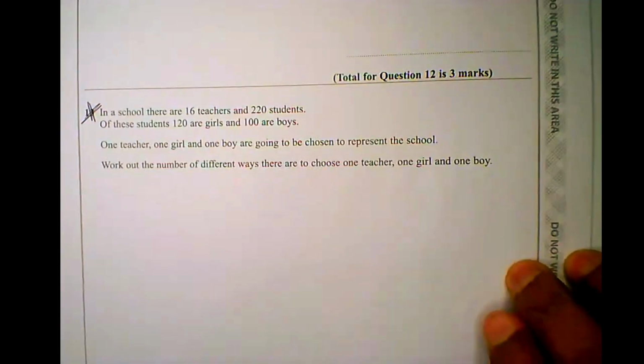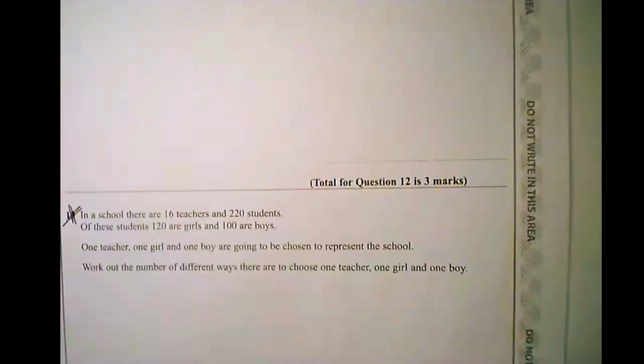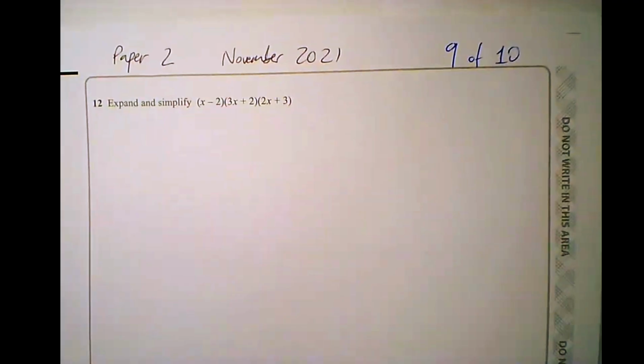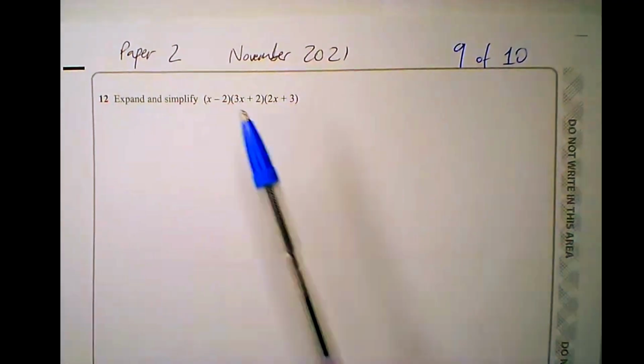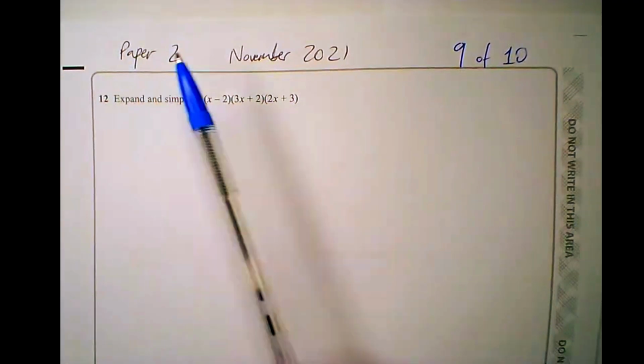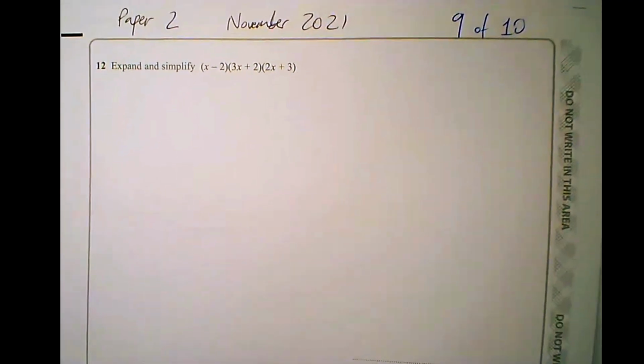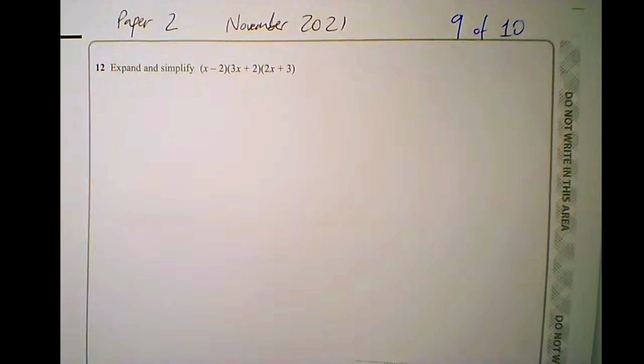Okay, this is our penultimate question. So this is question 9 out of 10, and this one is from paper 2, so we're allowed to use a calculator, November 2021. Press pause and have a go. When you're ready, press play, or you can just follow me as I go through this question. So with this question,